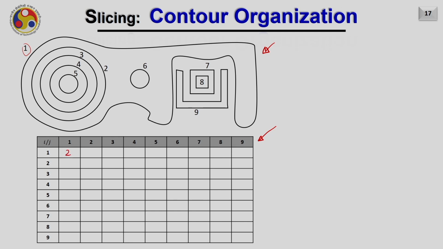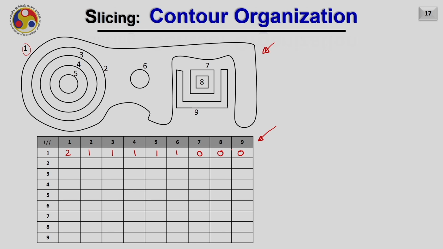will have 1 as relation 2. 1 is containing the contour number 2, hence 1. 1 is containing contour number 3, hence 1. 1 is containing contour number 4, 5 and 6 as well, while the contour number 7, 8 and 9 are